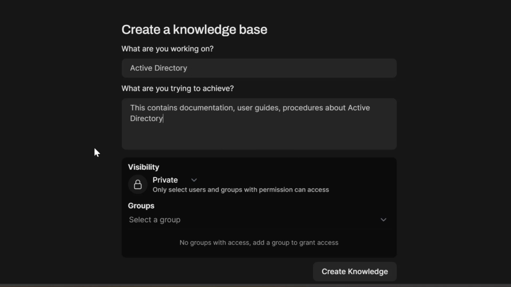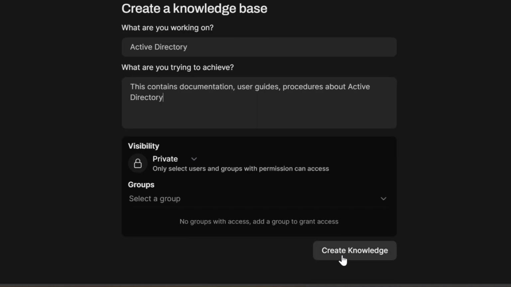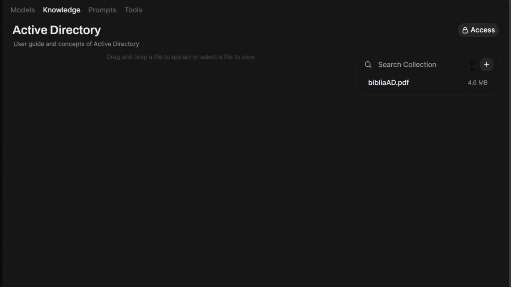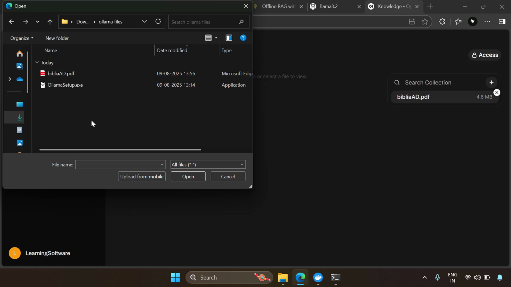This contains documentation, user guides, and procedures about Active Directory, and here you can click on create knowledge base. Once you create the knowledge base, on the right you have the plus button where you can add content. So click on add content, and here click on upload files and upload your relevant documents. For me, this document, which has some 500 pages about Active Directory, is the relevant document which I need to